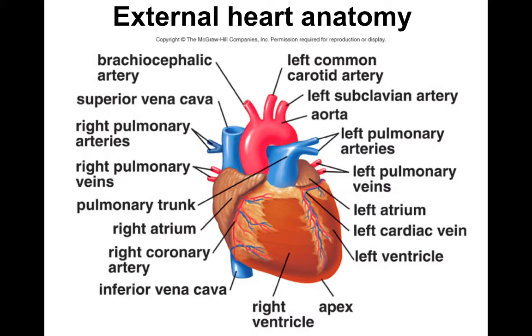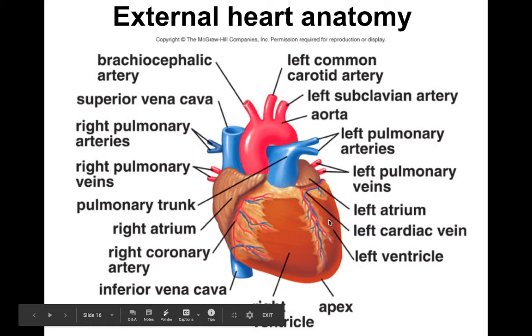So when we are looking at a picture of this, and this gets students confused a lot of the times, when you're looking at a picture of the heart, okay, it's opposite. So your left is that heart's right. Your right is that heart's left, okay, because this heart is in your chest. So you have to think of picking up the piece of paper and turning it around and putting it up to your chest. What would be the right and the left? So it's backward when you are facing it. So this is the right atrium, this is the left atrium, this is the right ventricle, this is the left